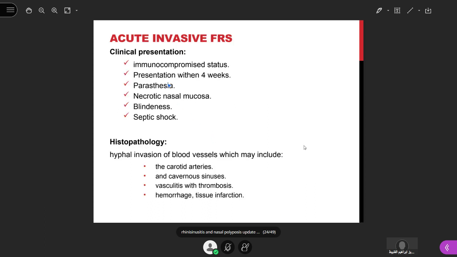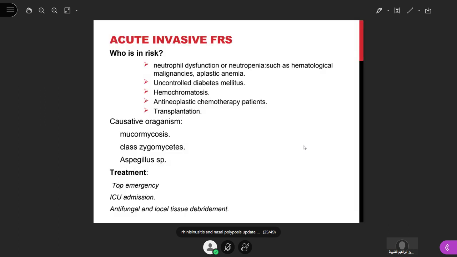The acute invasive type is usually in patients with immunocompromised status, presenting within 4 weeks. Sometimes there is paresthesia, necrotic nasal mucosa, and hard palate. Sometimes it goes directly to blindness and septic shock. Histopathologically, you need to see the invasion. Sometimes it goes through the carotid artery, cavernous sinus, with vasculitis, thrombosis, hemorrhage, and tissue infarction, even in the major